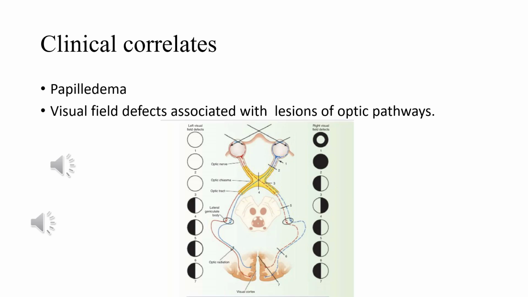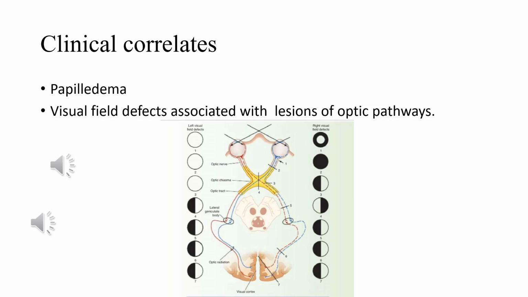And the second thing is visual field defects. For this, you must understand the basic visual pathway, and in this diagram, as you can see, in each eye, the temporal side of the retina perceives images from the nasal field of vision, and the temporal field of vision is perceived by the nasal side.